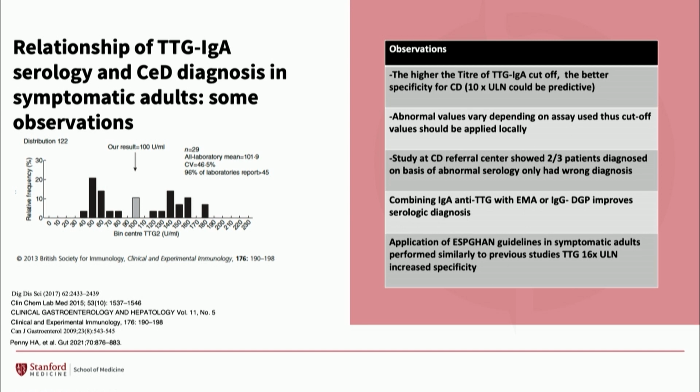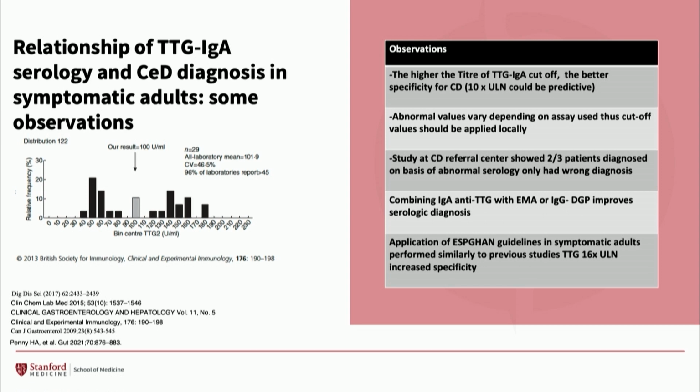One is that the higher the titer of TTG, the more accurate it is to make the diagnosis. Because there are different assays in different kits out there, abnormal values vary depending on the assay, and the local values should be applied. And the figure on the left here is an interesting study where they actually sent off the blood of patients who had positive TTG and used many different assays, and as you can see, the normal range varies significantly. In one study center, they showed that 2/3 of the patients that were diagnosed, not rigorously, but based on biopsy,